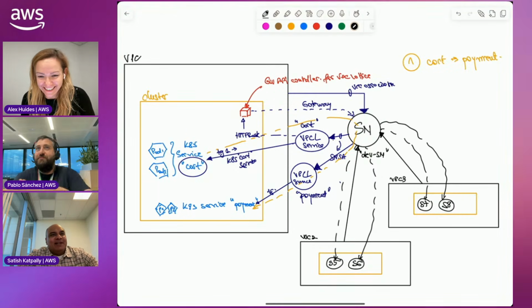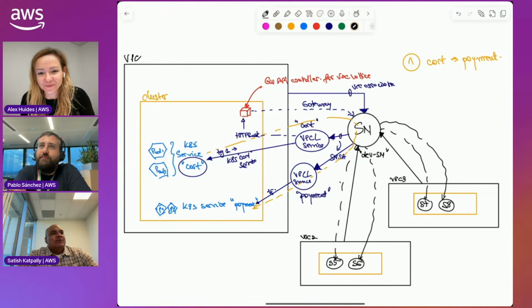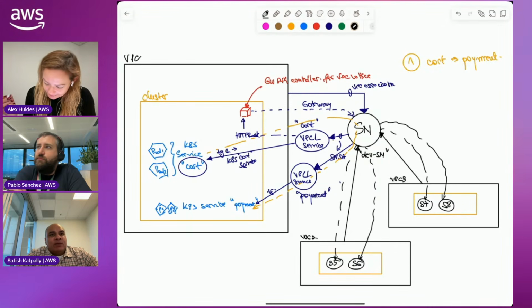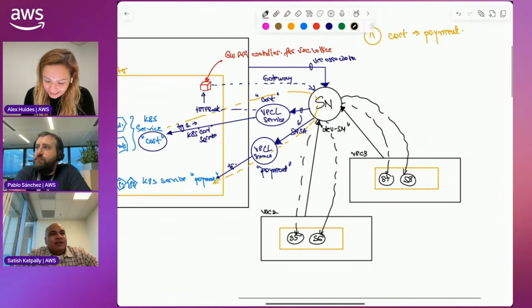Yes, and just to go deeper, Alex. So to John Adams' question, right? How does traffic come that is destined for cart, for example, coming from VPC3 in your example? How does that get to it? Because what is the target when there's no load balancer, right? That's the sort of the question here.